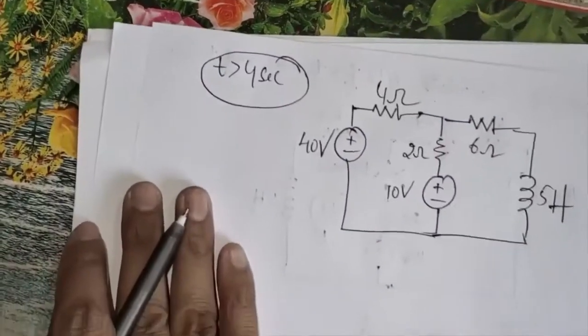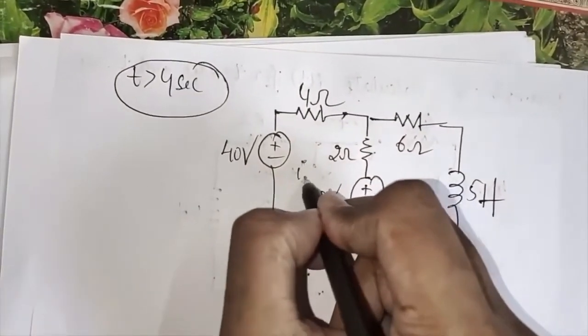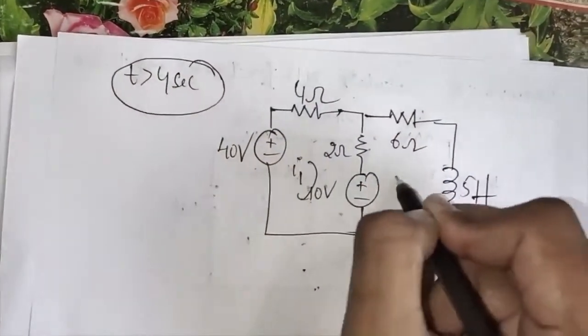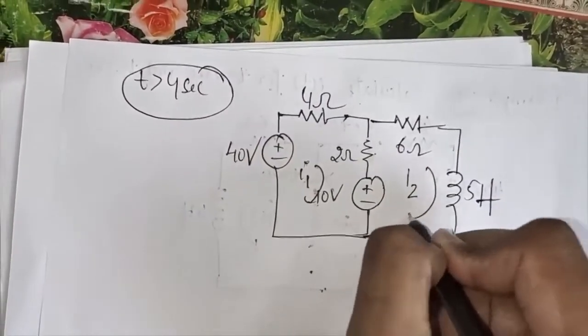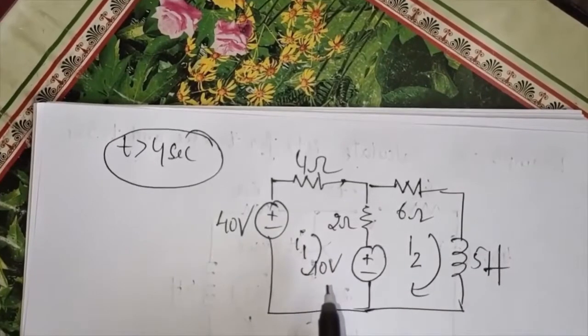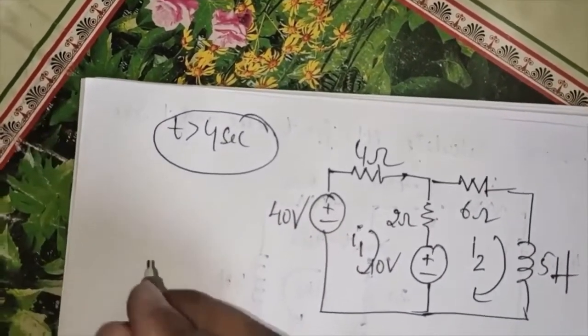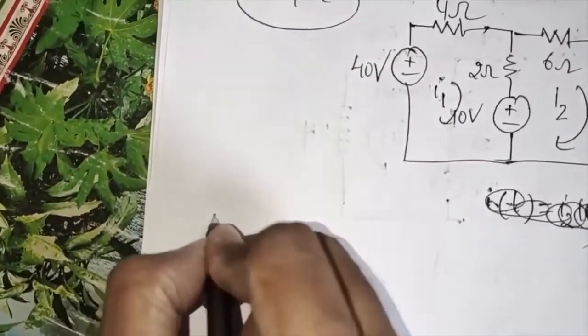So here, since I have two meshes, let us consider this to be I1, and in this let us consider this to be I2. So since it is a source driven series RL circuit, I of t is equal to